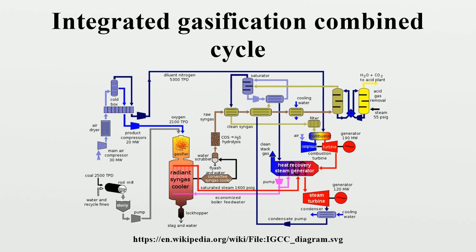This technology is being utilized in a project under construction, located in Kemper, Mississippi. The Kemper project is using lignite coal to produce energy for Mississippians' operations. Below is a schematic flow diagram of an IGCC plant. The gasification